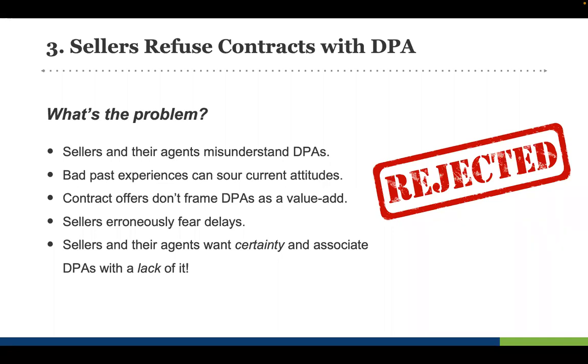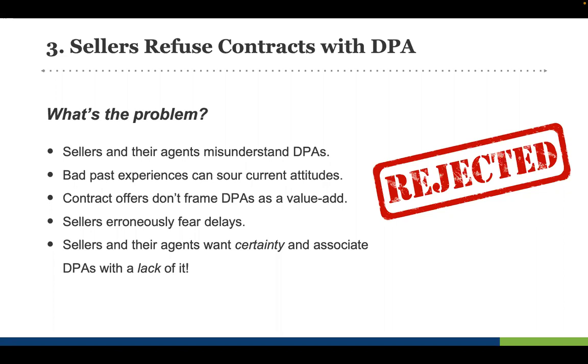The contract doesn't frame the DPA as a value add. So think about this. I'll give you a very specific scenario. We hear all the time, well, I've got a veteran and they're using a VA loan. They don't need a down payment. So why would we mess with the down payment assistance program? Well, one paramount reason, you can help them cover their closing costs. I mean, why not, right? But also, why not help them accrue equity? If you can find a DPA that's forgivable over a few years and you expect they'll remain in the house, that's just going to turn into equity.